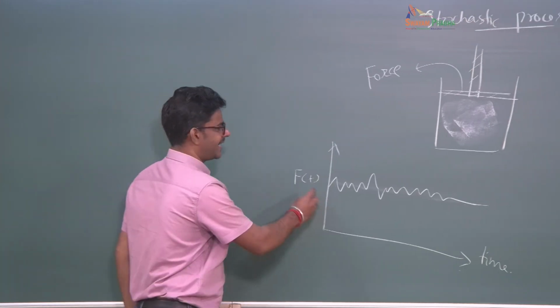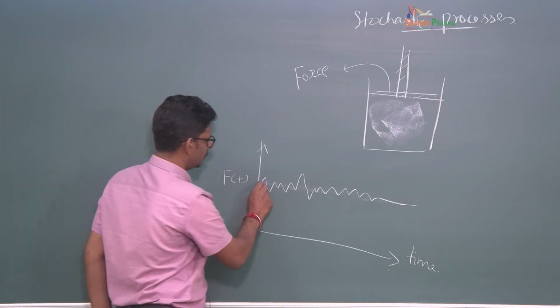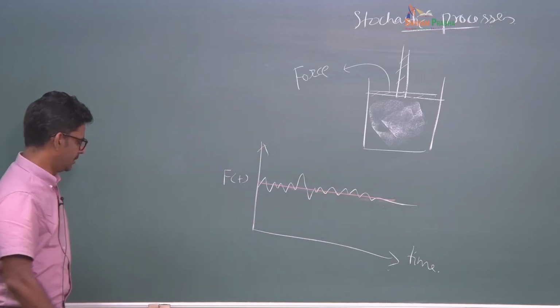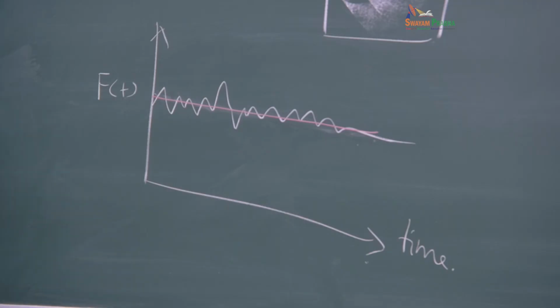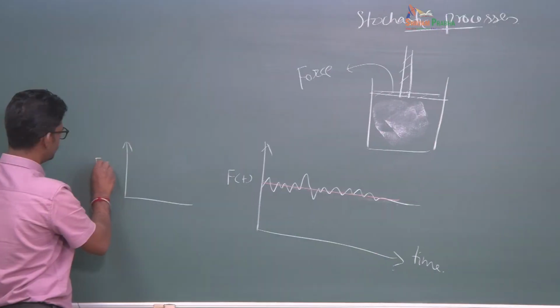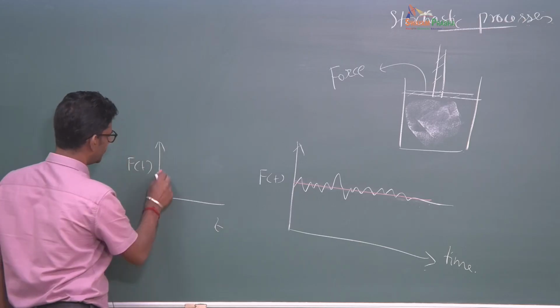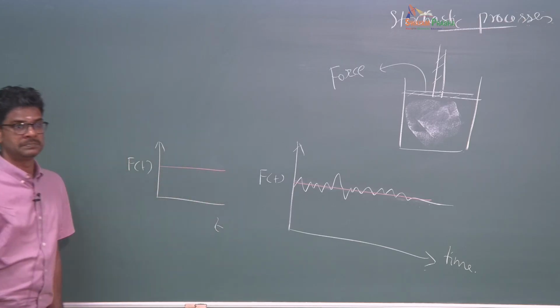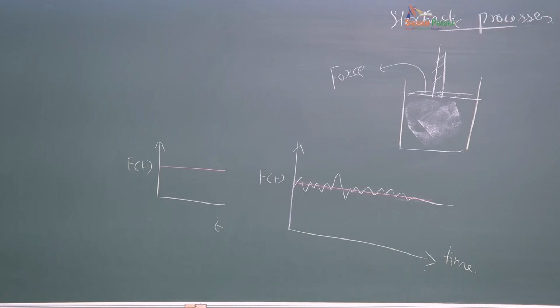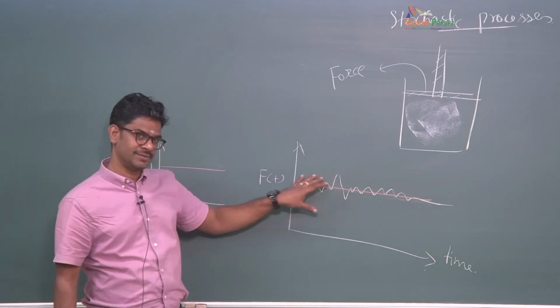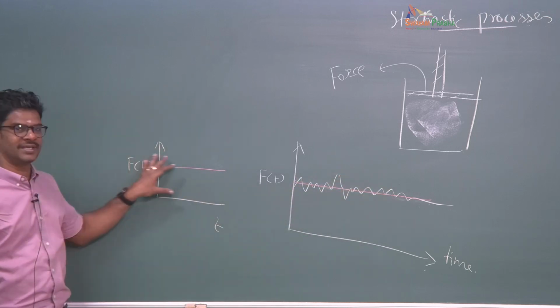So if I take a time average, okay, so a running time average would show as if the force is constant in time. Okay, so this is what you would have expected. You would have expected the force should be constant like this. Okay, but in reality it's going to be this kind of fluctuations. We generally ignore that fluctuation. We say that the force is constant like this.